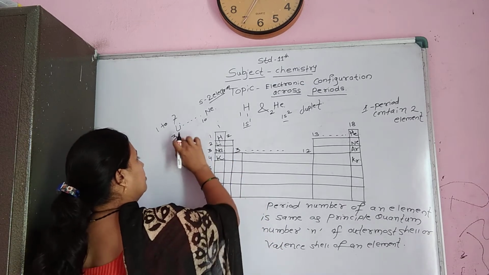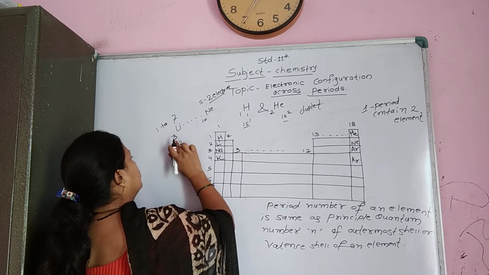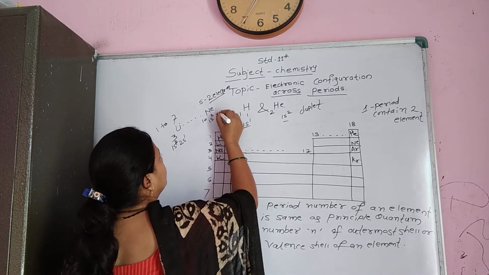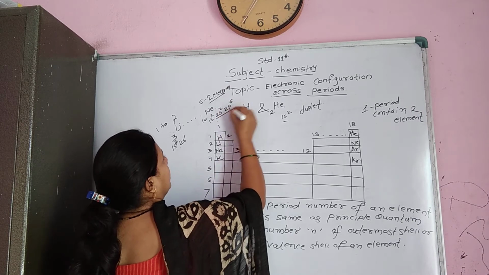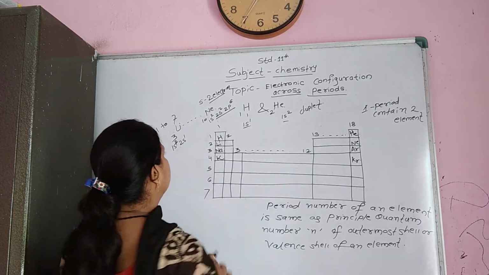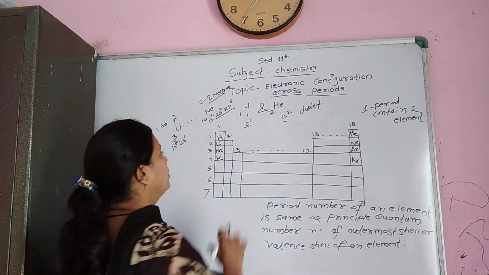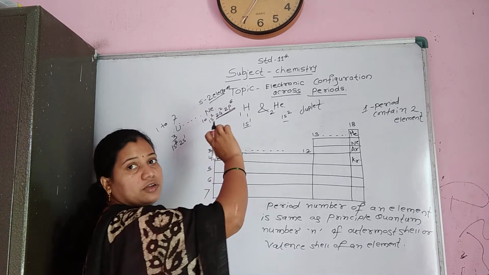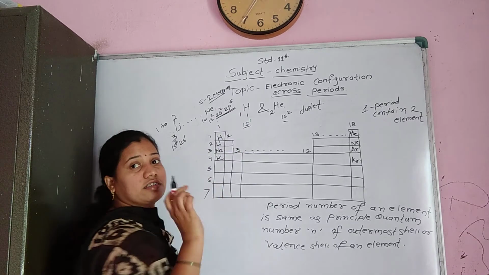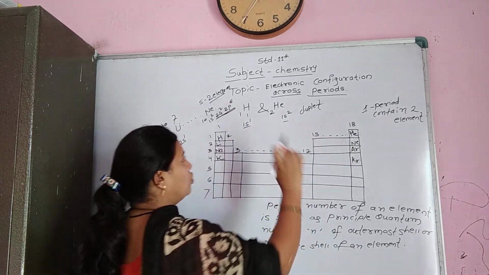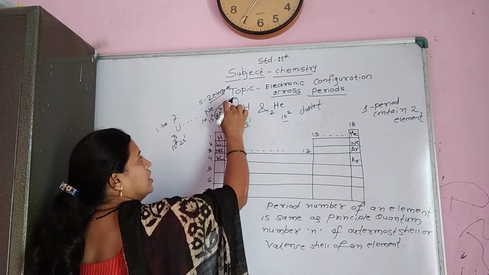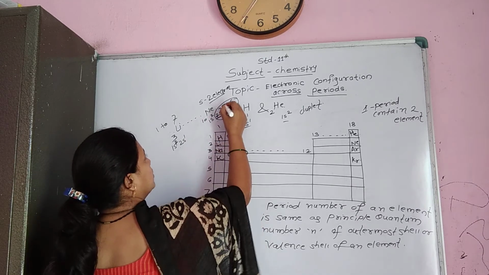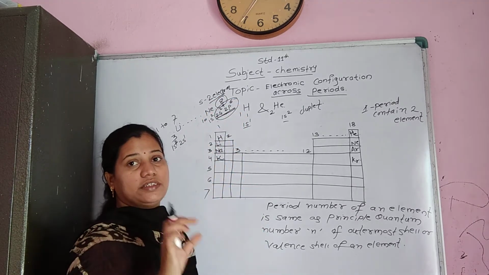Lithium has atomic number 3 and electronic configuration 1s2, 2s1, and neon has electronic configuration 1s2, 2s2, 2p6. Listen, during the second period, the second shell gets completely filled. The second shell, that is 2s and 2p, where 2 is the principal quantum number, gets completely filled along the second period. The maximum capacity of the second shell is 8 electrons, 6 plus 2, 8. So 8 elements are present in the second period.